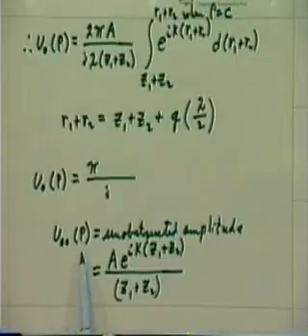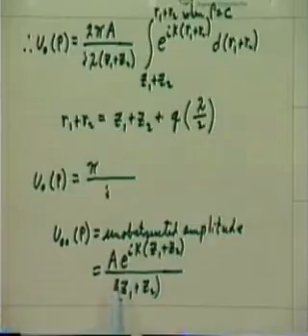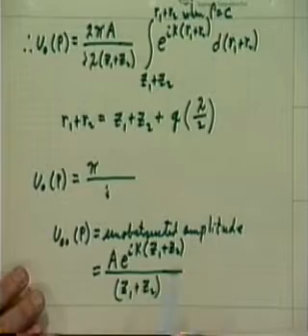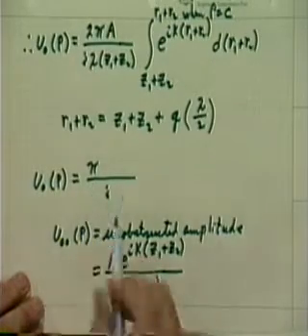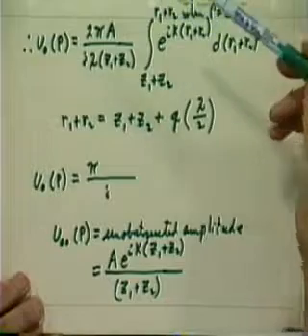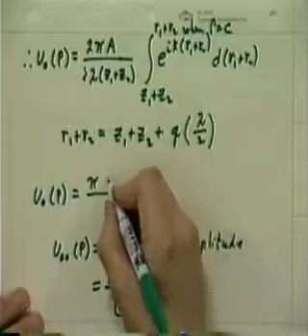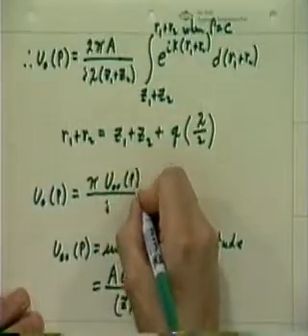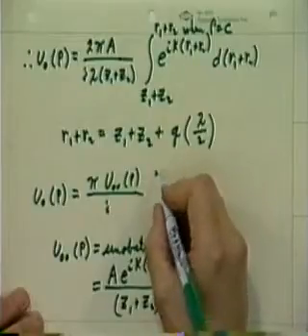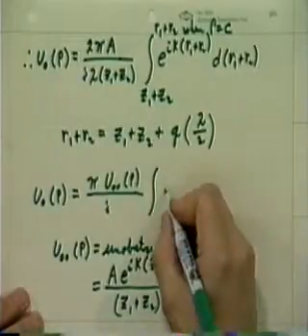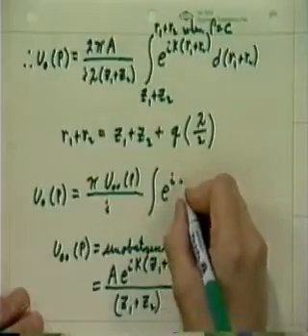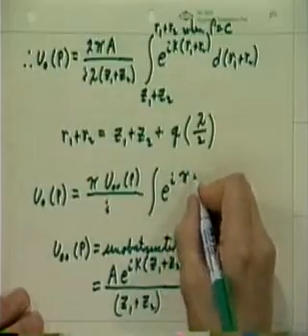So u double zero of p is what I would have if I had an infinite size aperture, and that's just a e to the i k, z1 plus z2 over z1 plus z2. Now this is only on axis. I'll repeat that again. We're only looking at this on axis. Okay, so now I can come up here to what I had, and I see that I can rewrite this as u double zero of p times the integral of e to the i pi q